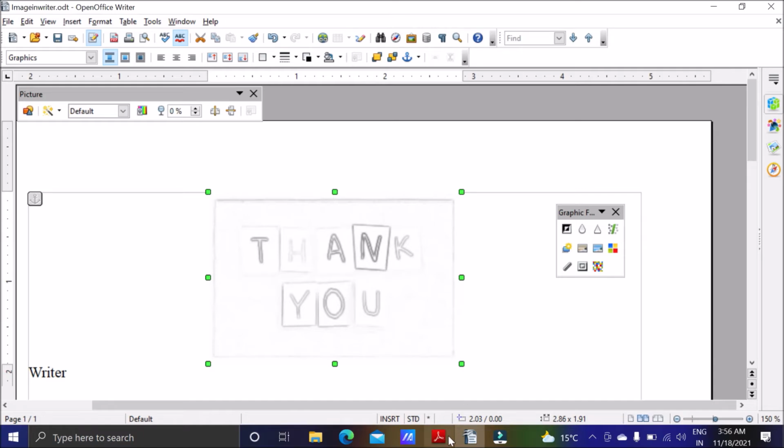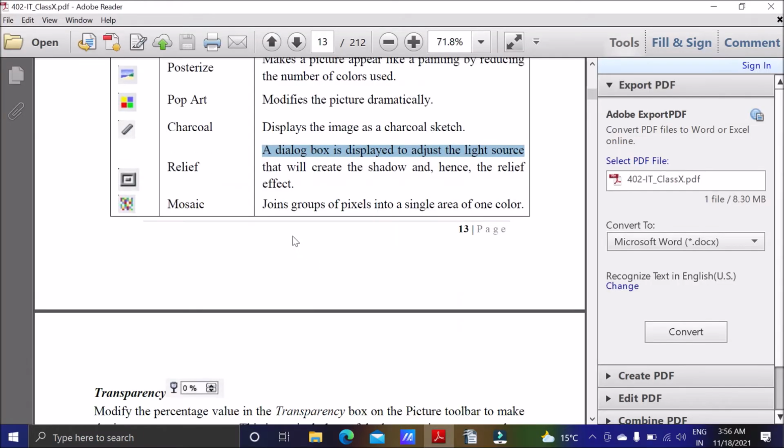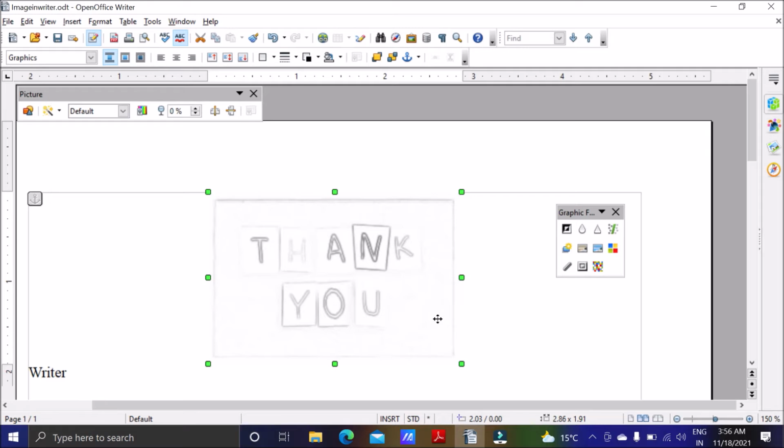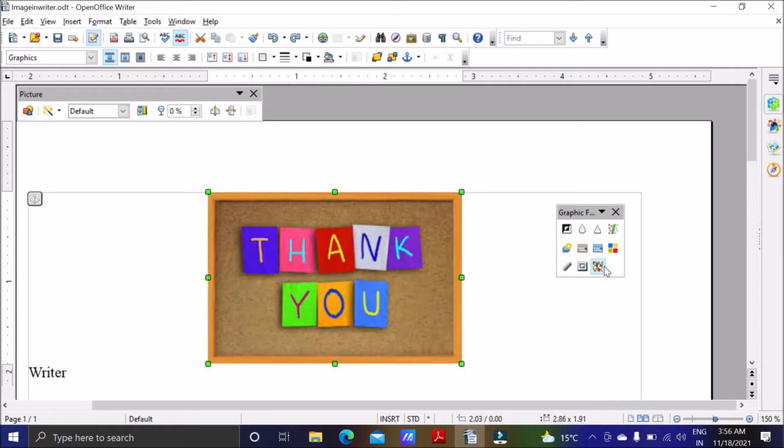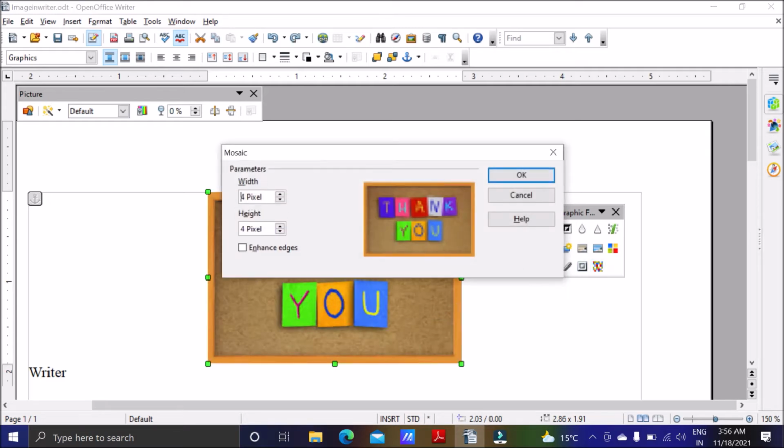Okay, and the last one is the mosaic. It will join groups of pixels into a single area of one color. Image will not be clearly visible in mosaic because it will group all the pixels together into a single area. So we can go for the last one, mosaic.